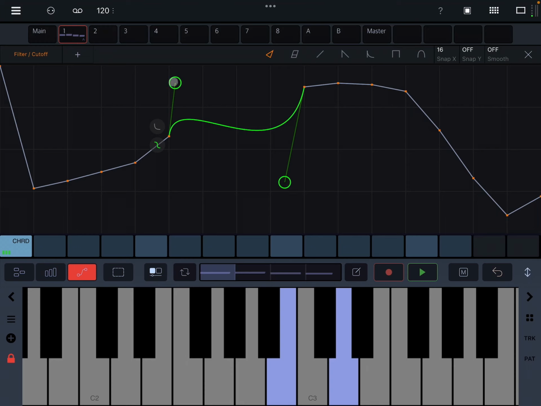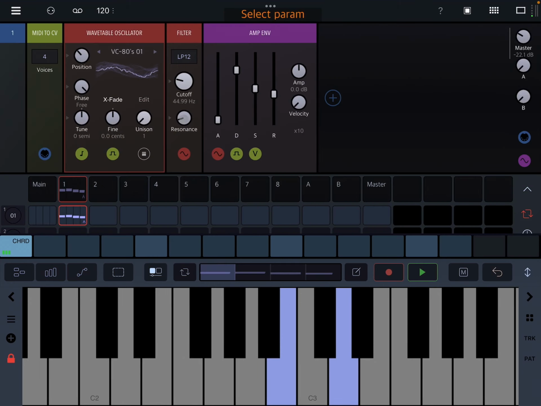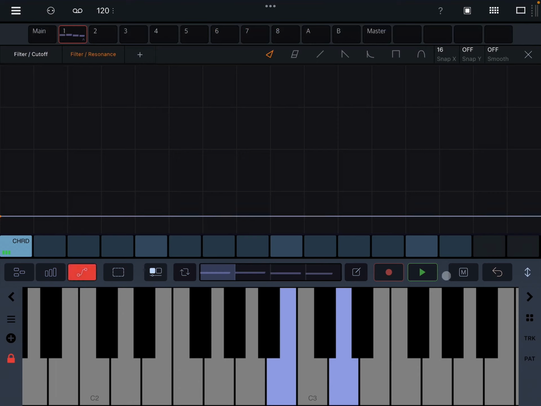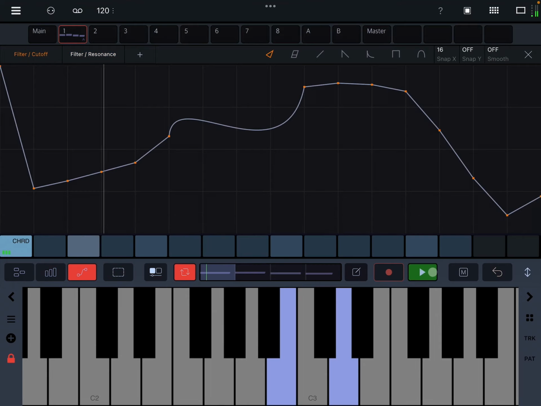So that is the curve editor. We've been through all of these bits. We've been through the snap. Let's now talk about copy and paste. There will be occasions where you want to replicate your automation in another automation lane. So let's say we want to do the resonance here. Let's just loop this first bar because it's the only one we've actually placed automation in. So if we play what we have,